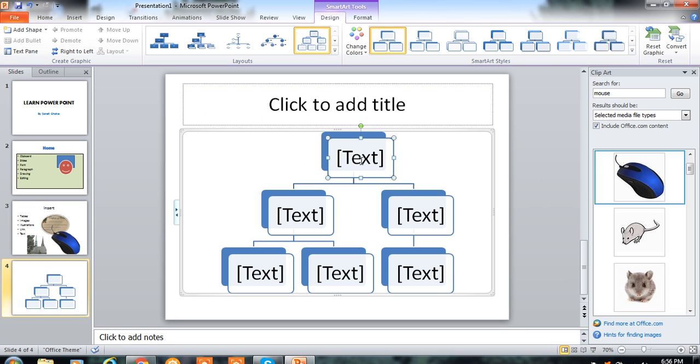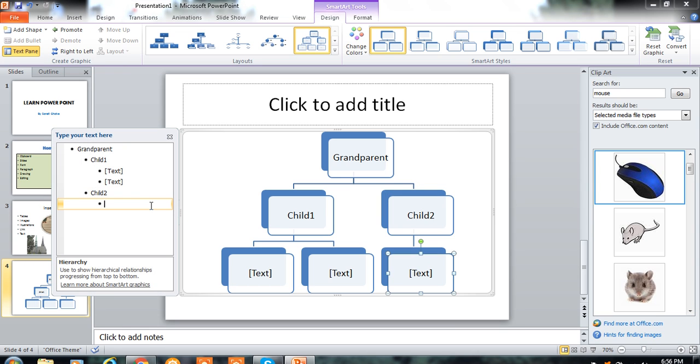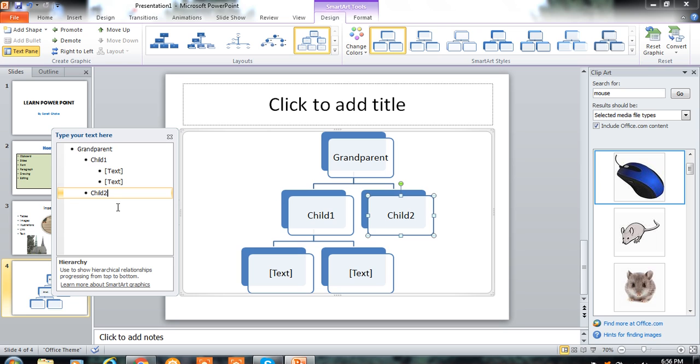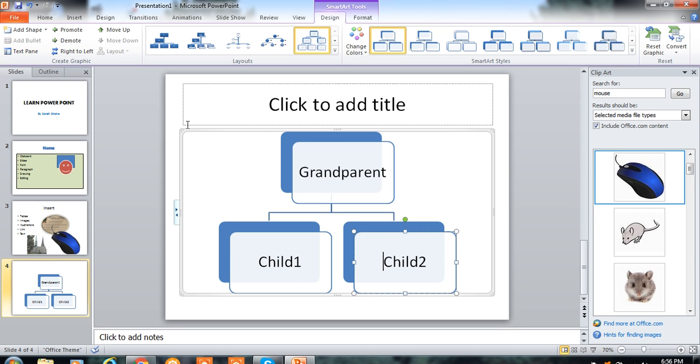Suppose here is grandparent, then you can use this child 1 and here is child 2. Okay, suppose you don't want this, you can delete it. Click on this option and you can delete. You don't want these two options, so delete them. So only this will be here.